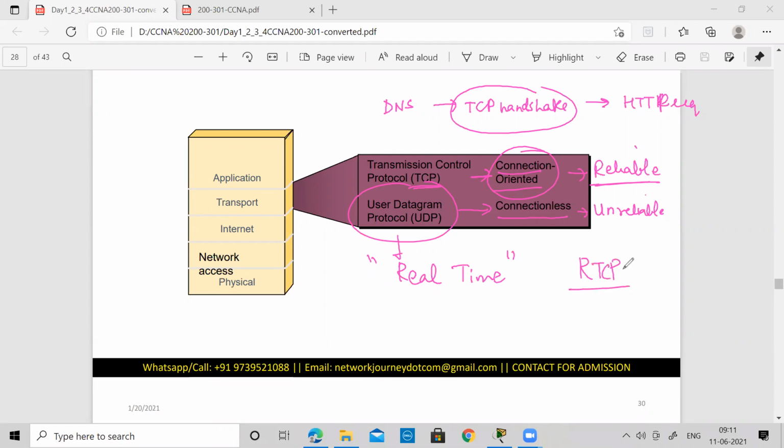There is one real time control protocol apart from this UDP. These protocols work in conjunction in order to achieve this real time transfer of data. So whatever you receive in a stored manner, most of the times, cannot be called real time. I'll make these two things distinguished.